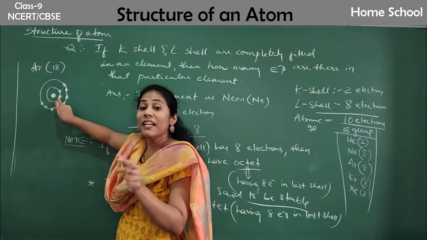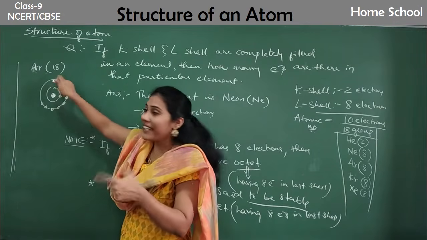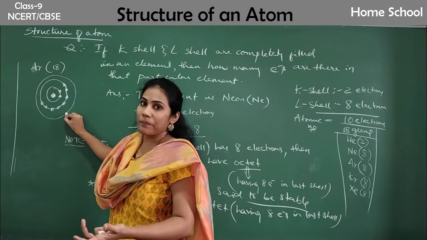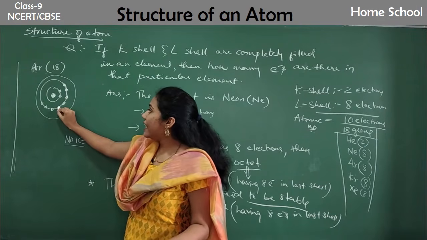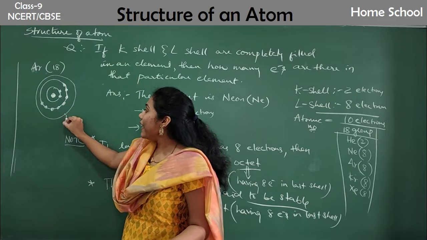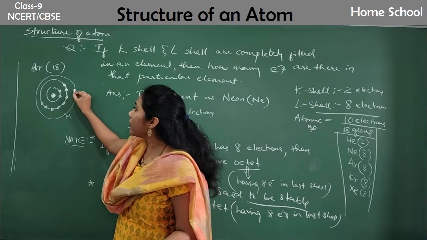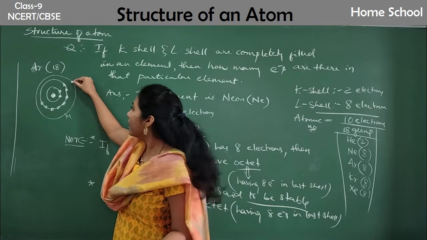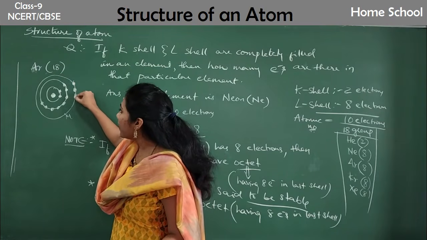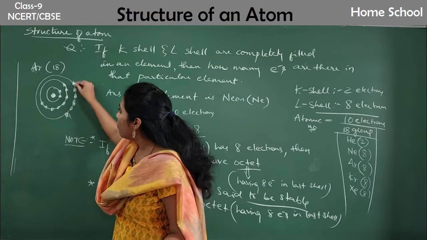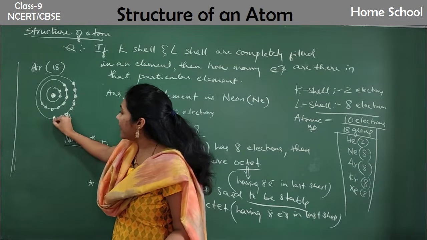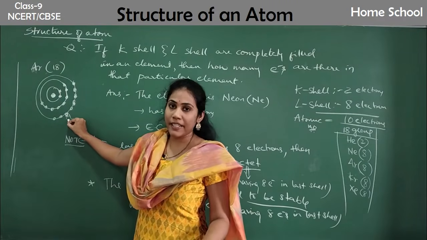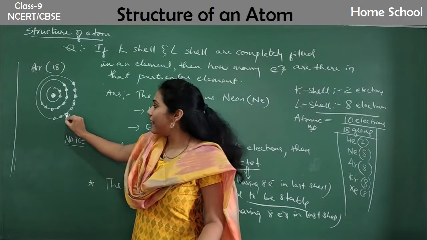You distributed them. Remaining, how many electrons are there? 8 are there. So where will they enter, guys? They will enter into the next shell. Right? K shell is completely filled. L shell is completely filled. And then M shell. So here how many electrons will you show? 8, isn't it? 10 are already over, remaining is 8. So 8 electrons you will show in this shell. 1, 2, 3, 4, 5, 6, 7, 8. Now which is the last shell for argon? M shell, right? The last electron, where is it? In M shell.